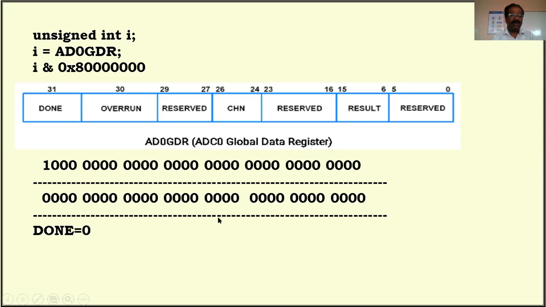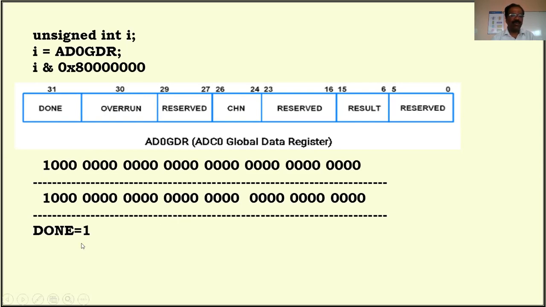If the done bit is 0 and we try to execute this particular statement, what is the output? We'll get this output because here 1, here 0, 0 into 1 is 0, and the whole thing is 0. Therefore, if the result is 0, the conversion is not completed.